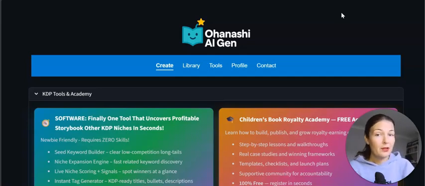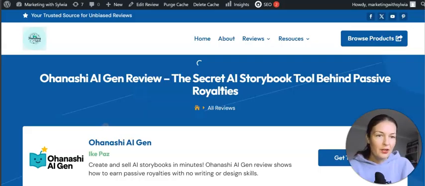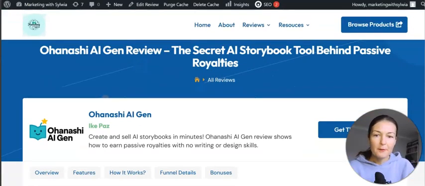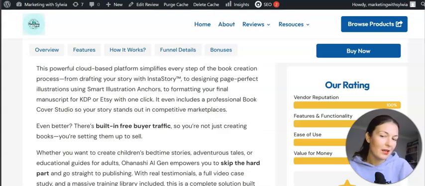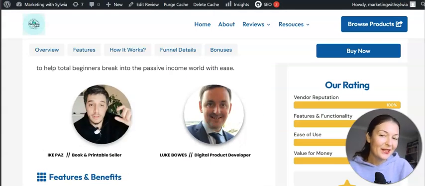Alright, first thing first, before I show you around and give you a full demo of this software. Now, mind you guys, I have full access to the software. There will be free upsells beyond the front end. As always, we'll go through the prices. You have all of the details here jotted down nicely in an organized manner. How I like organized life. I do. I love it, okay?